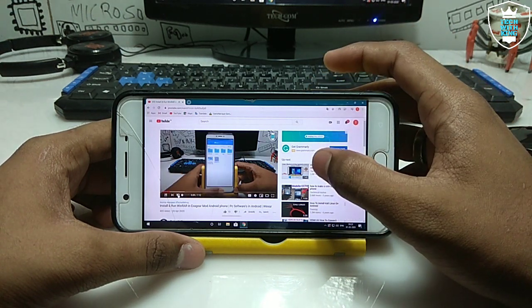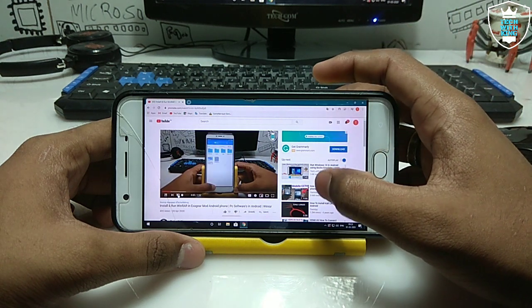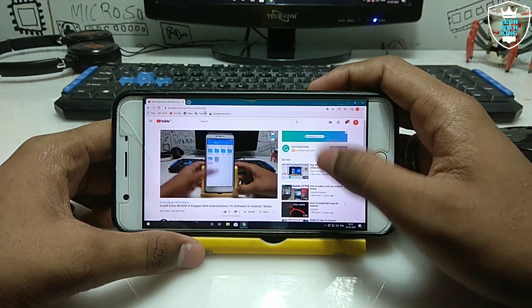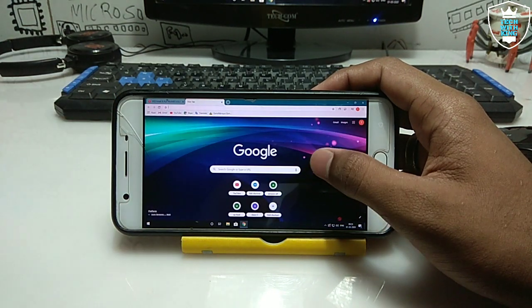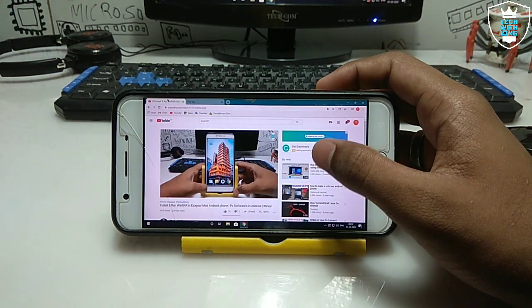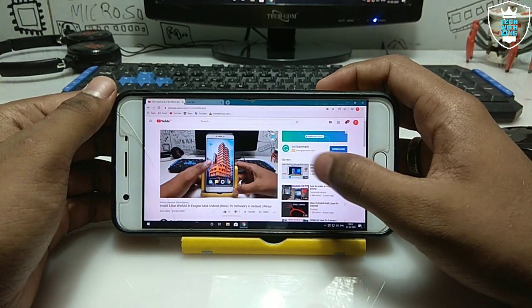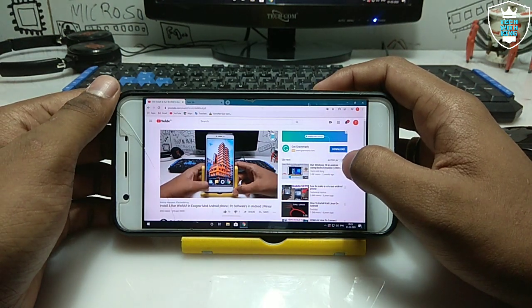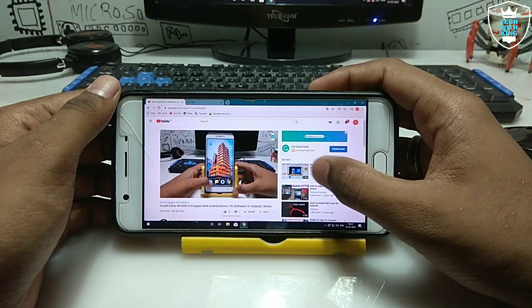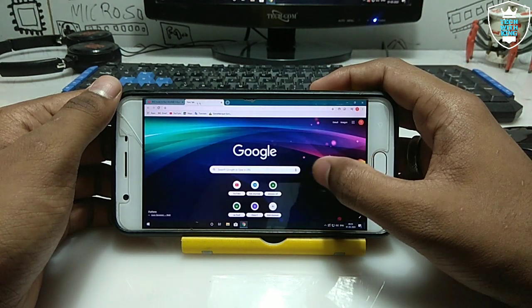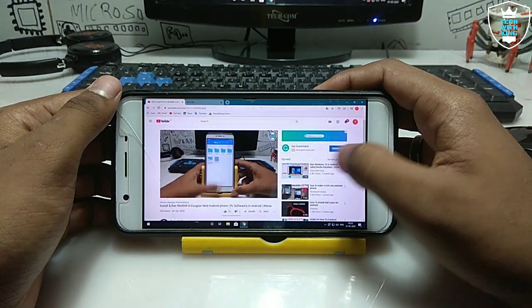So now you can turn off your monitor and you can use your PC on your Android anywhere at any time from your home. You can do a lot of things on your Android using this process. You can make documents, you can do your work. You just need to turn off your monitor and you can use your PC with Android, as you can see.